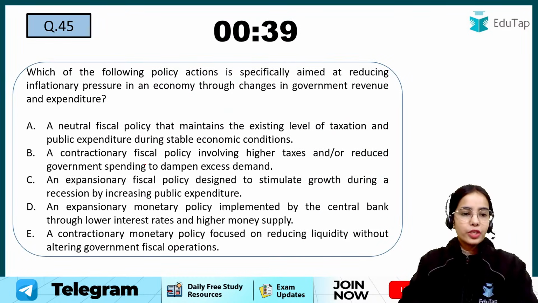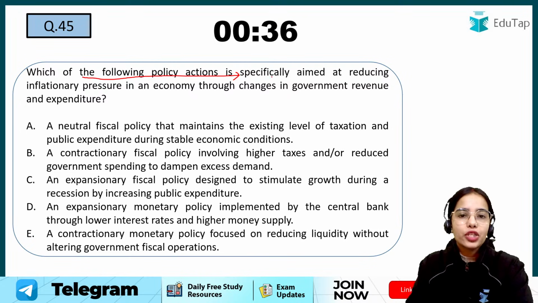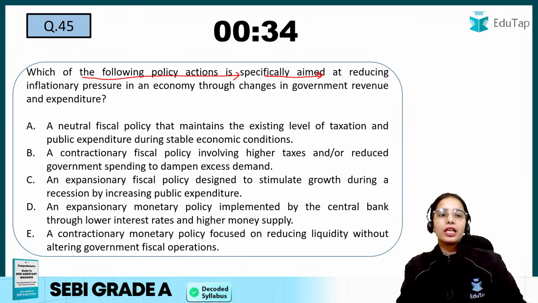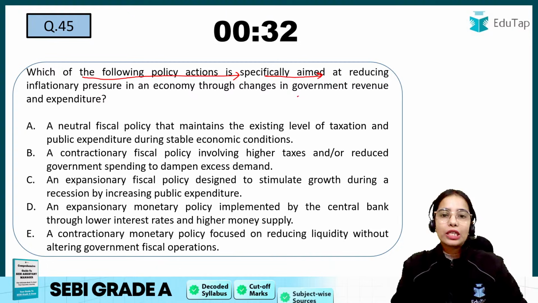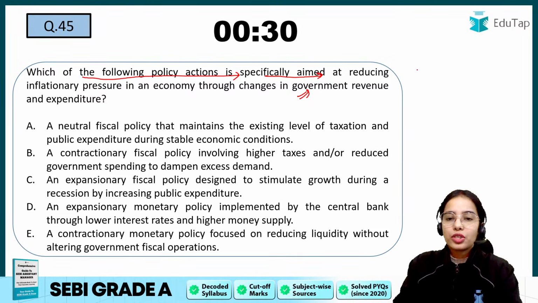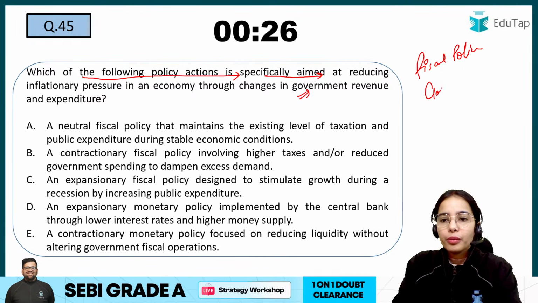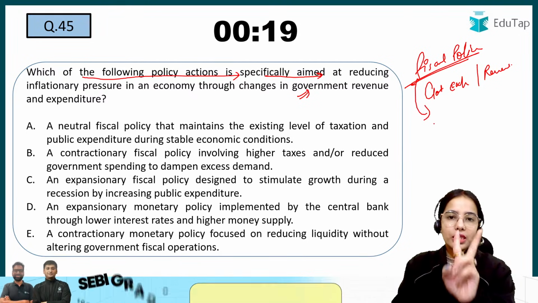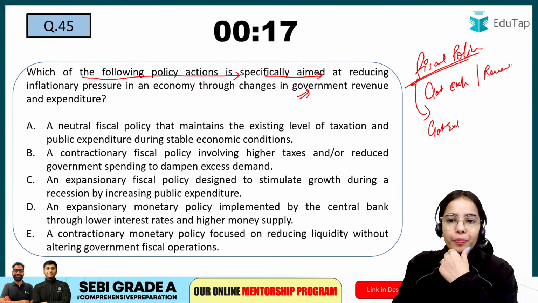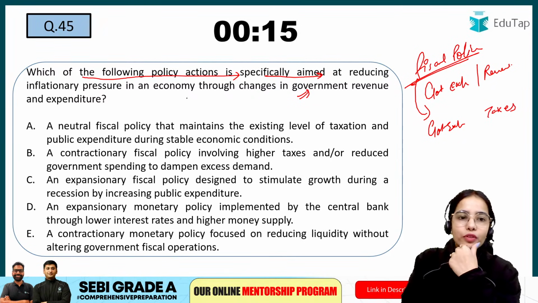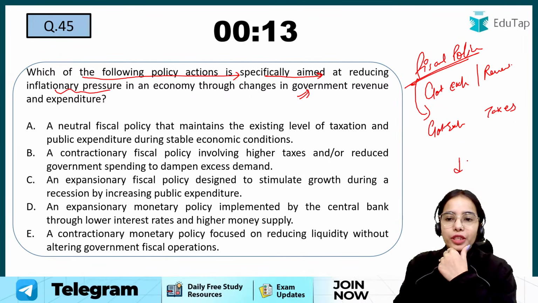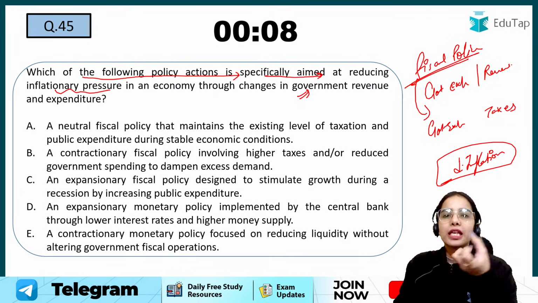Now coming to the next question: which of the following policy actions is specifically aimed at reducing inflationary pressure in the economy through changes in government revenue and expenditure? So basically fiscal policy is the policy which deals with government expenditure or revenue. In fiscal policy there are two major tools: government expenditure and taxes. So if the government has to reduce the inflation,